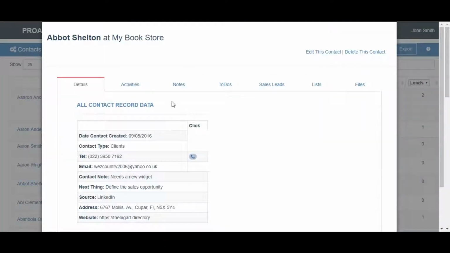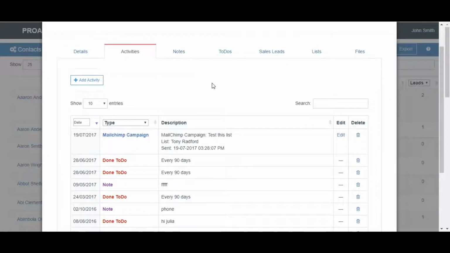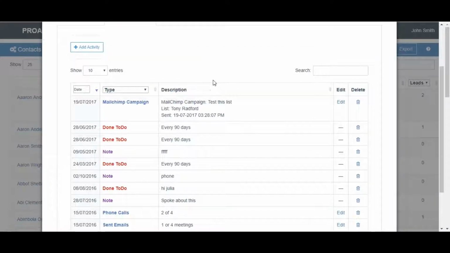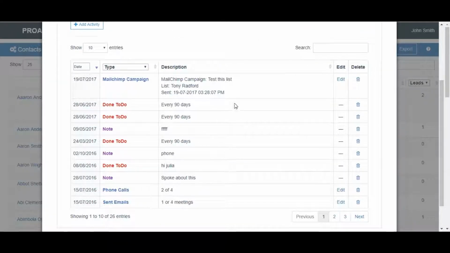This video is about how we've upgraded the Activities tab. We've done this for a couple of reasons. One is to make it easier to use. Secondly, to save you guys time. Thirdly, to make it easier for you to keep records of all the things that you're doing with a contact, and also to be more organized. So before it was just a long list of things, but now we've actually added things